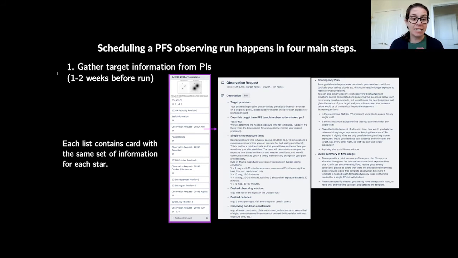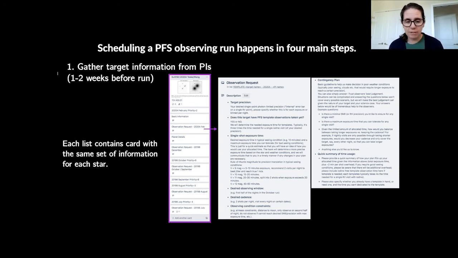Here's what a template for the observation request looks like. So you can see we have very detailed instructions for the PIs. And this is because there are just a lot of choices to be made about how the target is observed, and that will affect how well the planet mass can be measured. We ask the PIs to really optimize their time to achieve their specific science goals, but those can be different